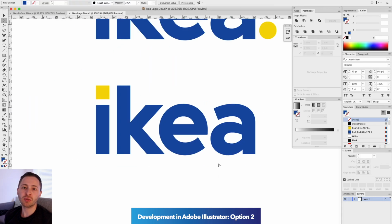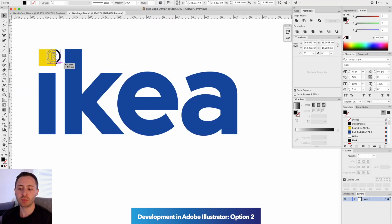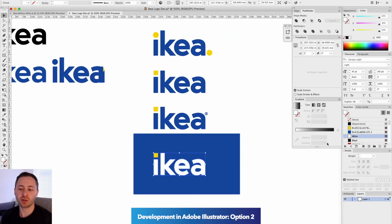In the font that I used, the dot on the I was actually a circle, and I felt like this was maybe a little bit too casual, so I swapped that out to be a square, which I think works nicely with the rest of the letters and makes the logo feel a little bit more robust than when the circle was there. Once that was done, I spent far more time than I should focusing on the position of